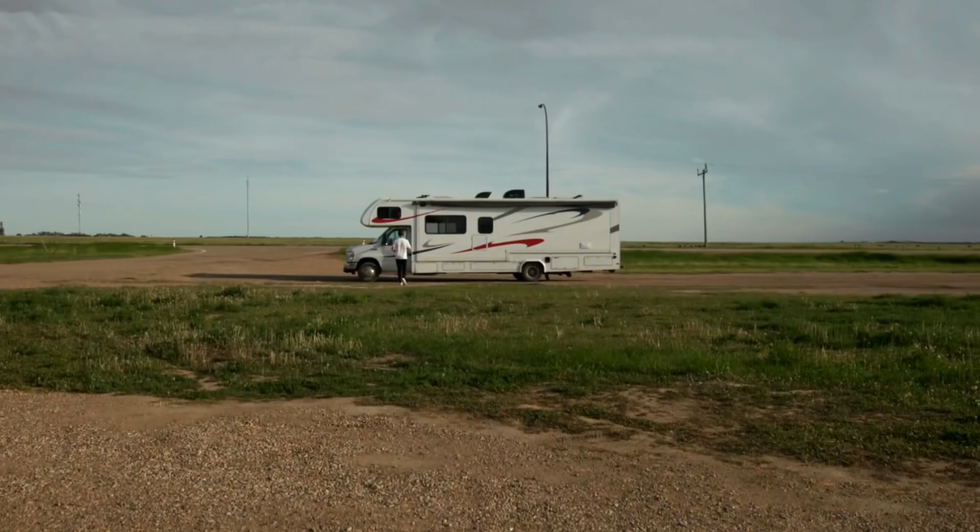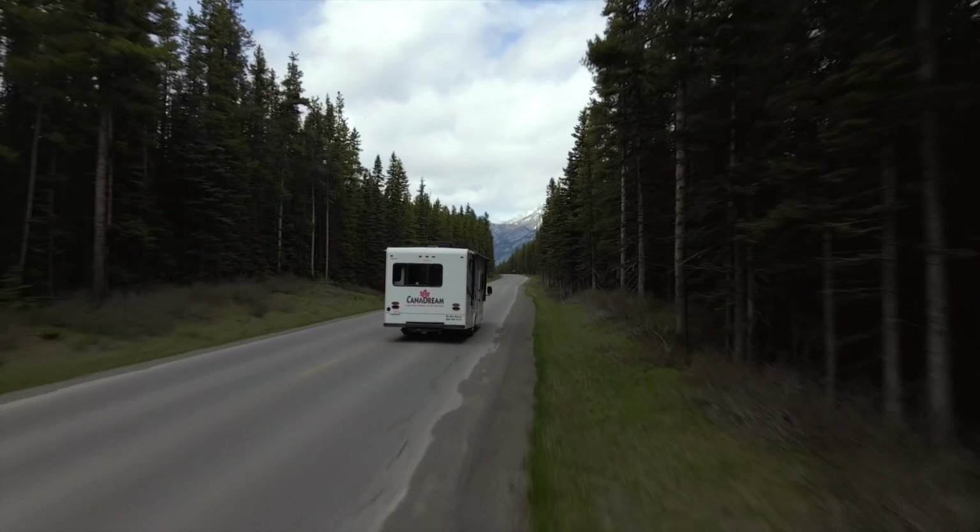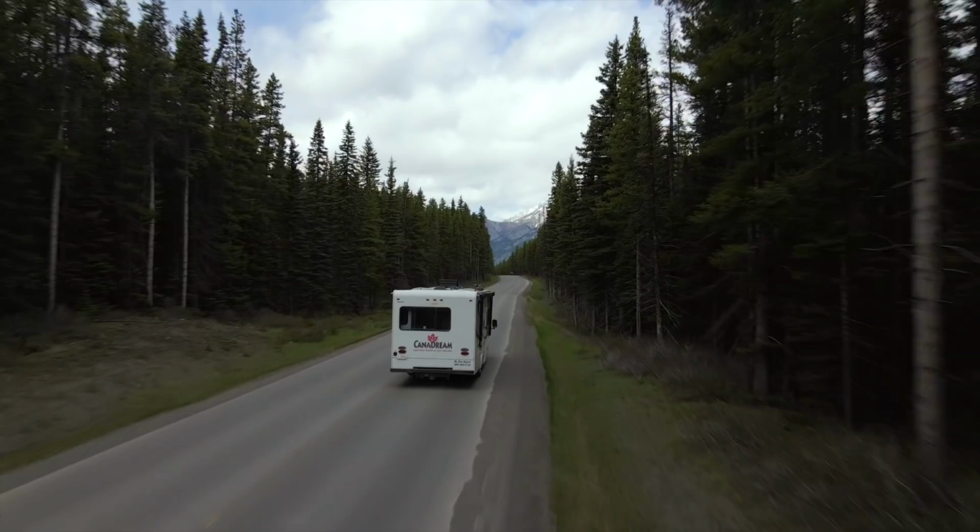So if you imagine yourself just parking out in the middle of nowhere for a week at a time, it's not really possible because you need to find somewhere to empty out your tank. You're going to need somewhere to get the fresh water. Now keep in mind there are 3 of us here, so for 2 people it would be more conservative, and she does have long hair, she likes longer showers, but there is a solution to long-term living in an RV,